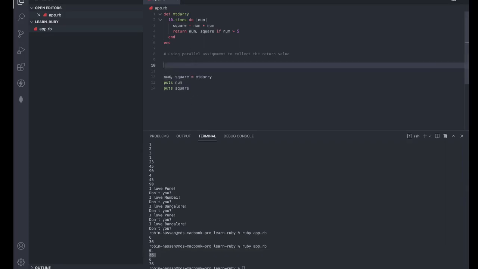Okay, so 10 times 2, so each time number is square is a value, and what we are doing is returning the number and a square when number is greater than 5. So every time number 1 comes, so 1 2 3 4, something like that, and then number will be 1 2 3 4, and it will come like 4 and 5, and then when 6 comes, 6 is going to come and it will return this value,